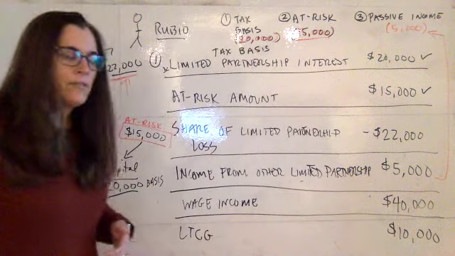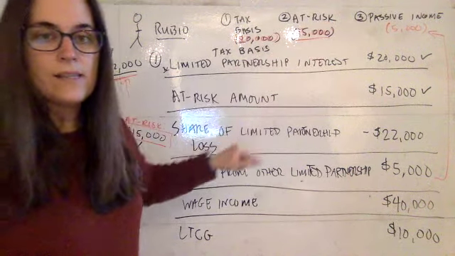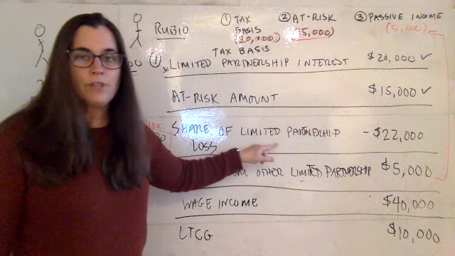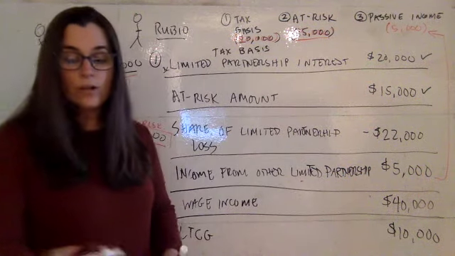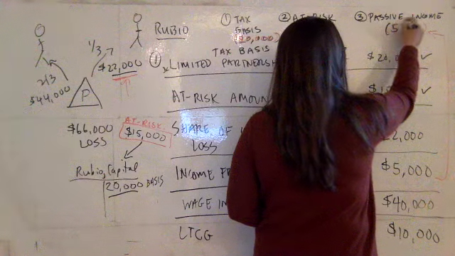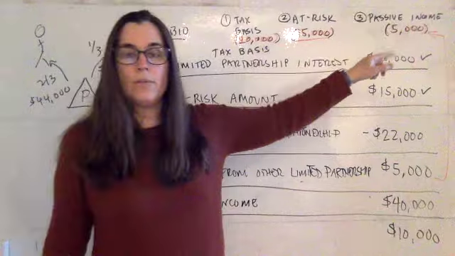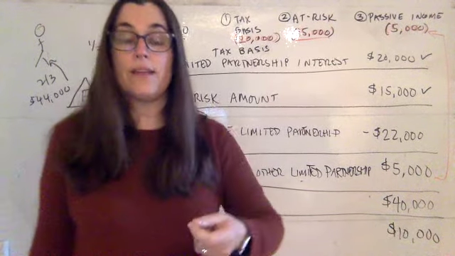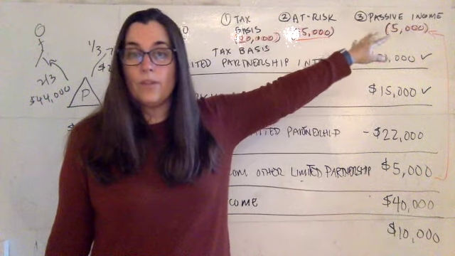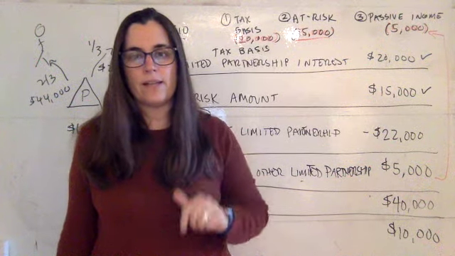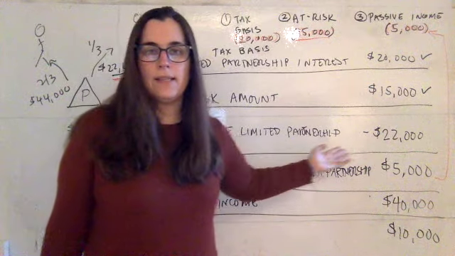So Rubio is passively engaged in this partnership, and this rule basically says you can only recognize this passive loss to the extent that you have passive income. And we're told that he has passive income in the amount of $5,000. That's one of the other facts in the problem. So the passive income rule is going to limit Rubio to a $5,000 loss. And this is part C of your problem. How much can he actually deduct on his tax return? The answer is $5,000, because Rubio is limited by these three rules, and ultimately the most constraining rule is the passive income rule. Now, a follow-on question is, what about the remaining $17,000 of loss?